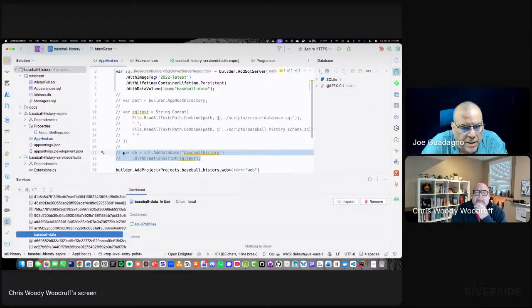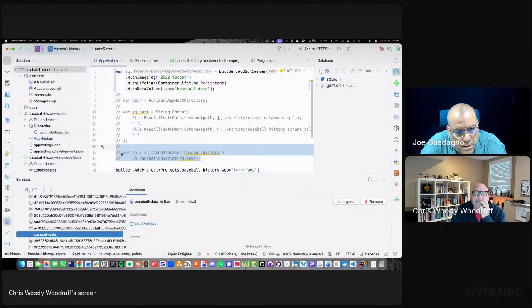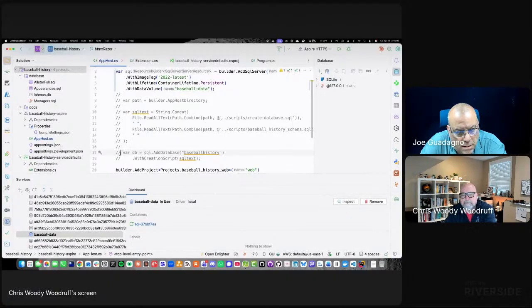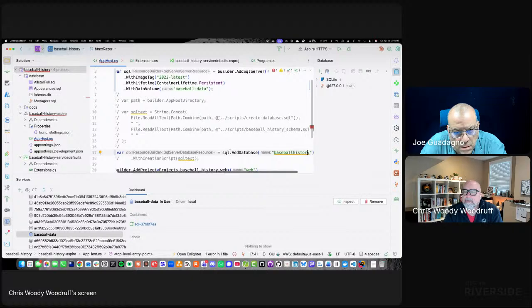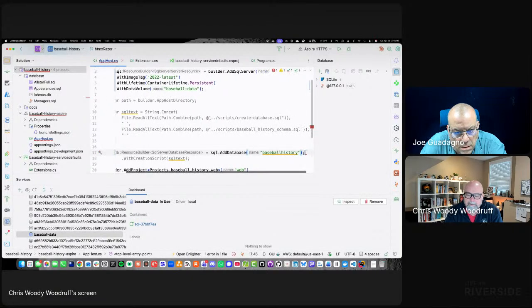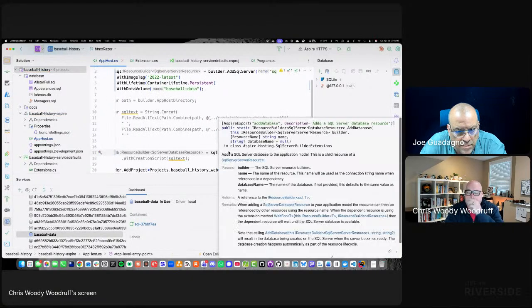So the next thing we do is uncomment line 17. We don't want to uncomment 18, just 17. Yeah. And then put a semicolon at the end. I'm on a weird Apple keyboard that doesn't have